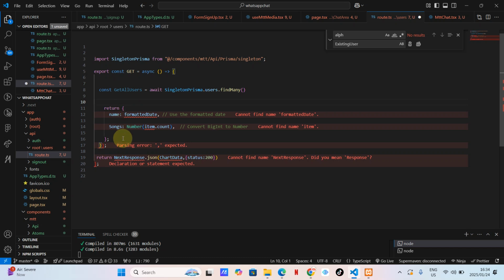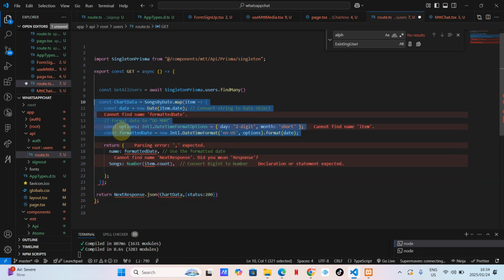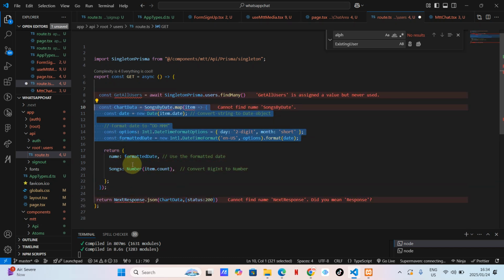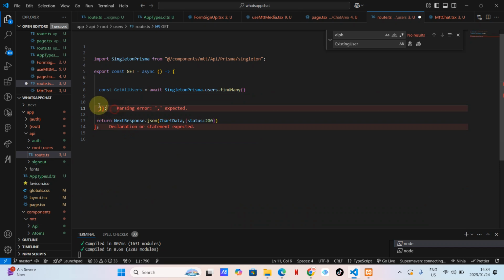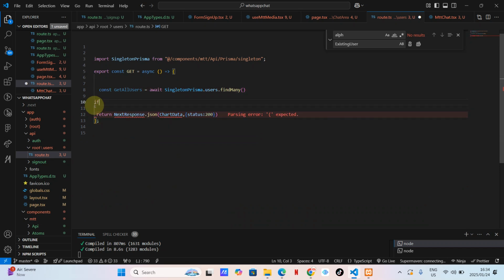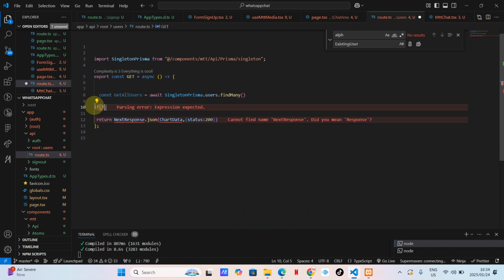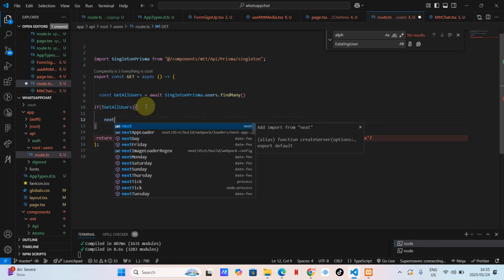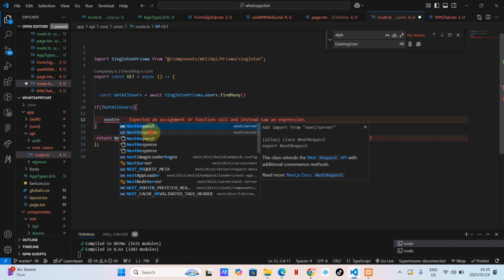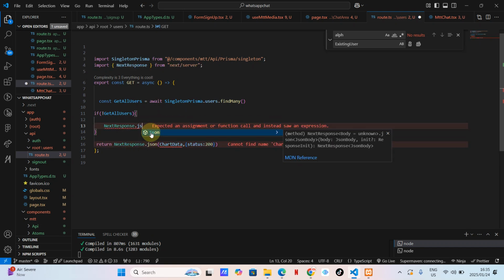So let me just delete. What am I going to do? Do I have any return here? Not really, because I'm returning a number. That's fine. Let me delete this. My apologies about this. If not, that means this is not true. If this is not true, then what we want is NextResponse dot json,